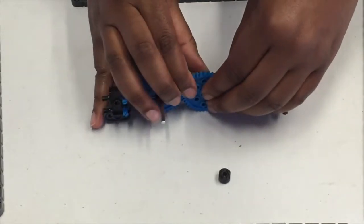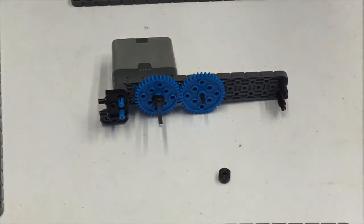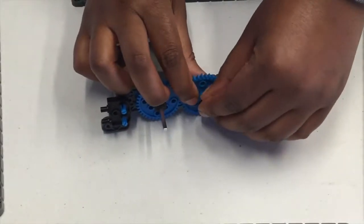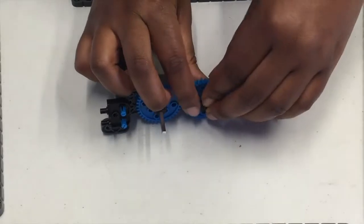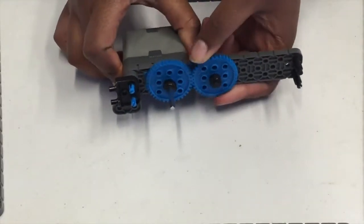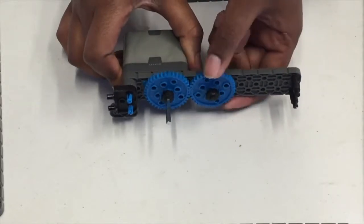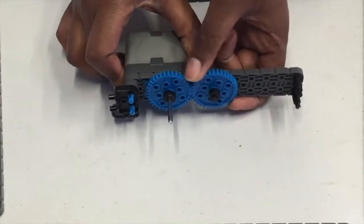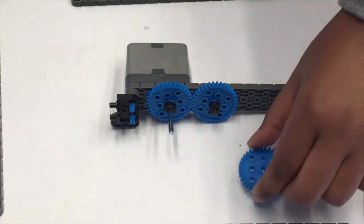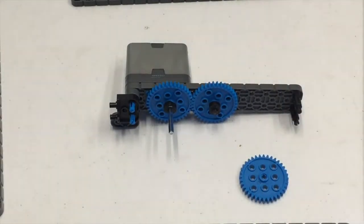Push it all the way down till it comes through. Now you can grab your collar and put that on top and push that through as well. Now you want to grab your gear and make sure you hear that gear noise again. So keep turning it until you hear it. And now we're ready to get our second gear